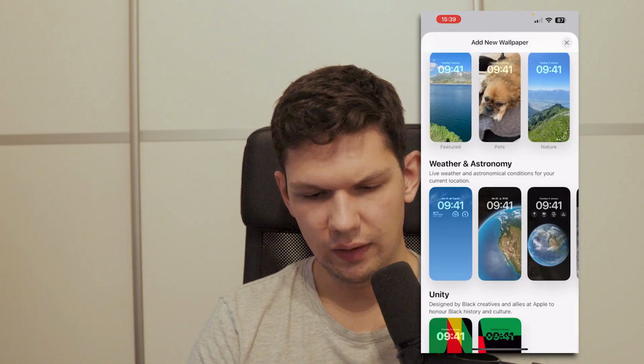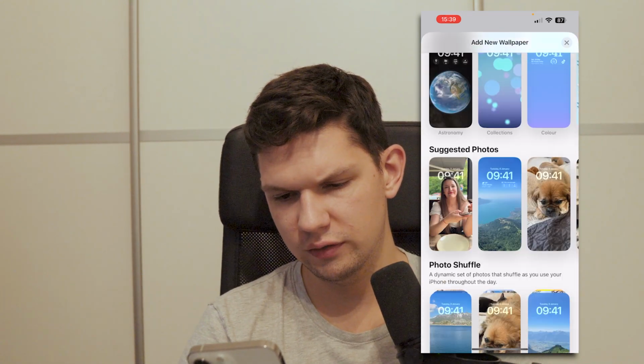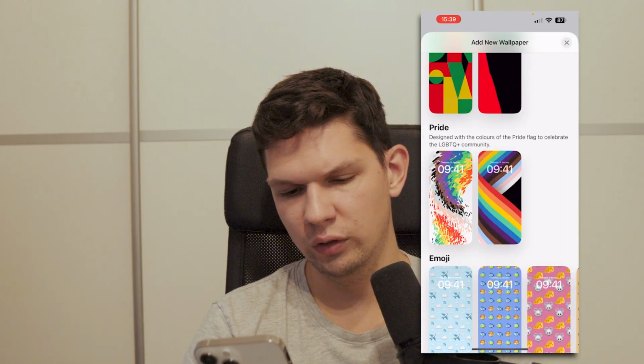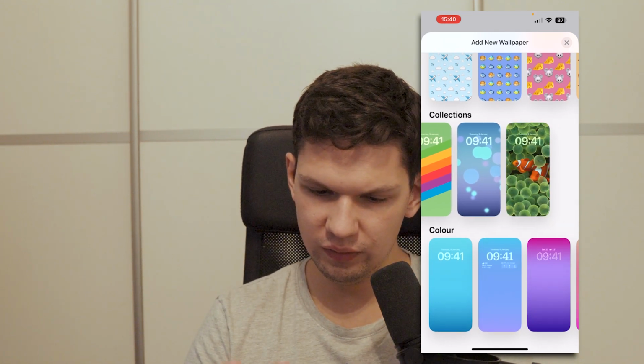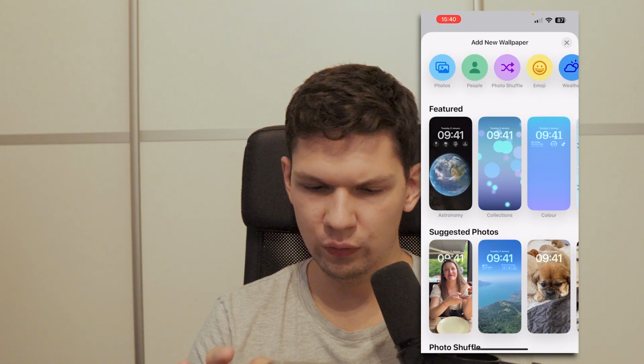on this plus. And as with iOS 16, here you can choose featured, suggested photos, photo shuffle, weather, astronomy, unity, pride, emojis, collections and color. So there are a lot of different things you can choose from, or you can create your own with photos,